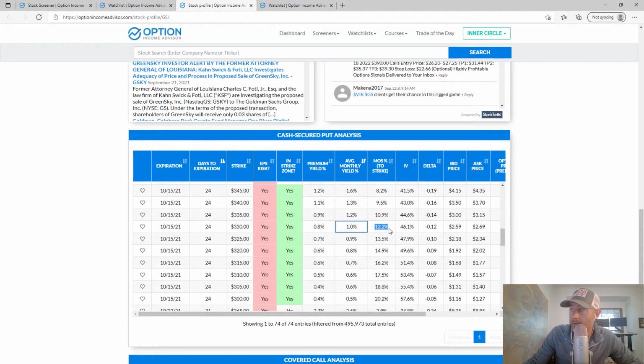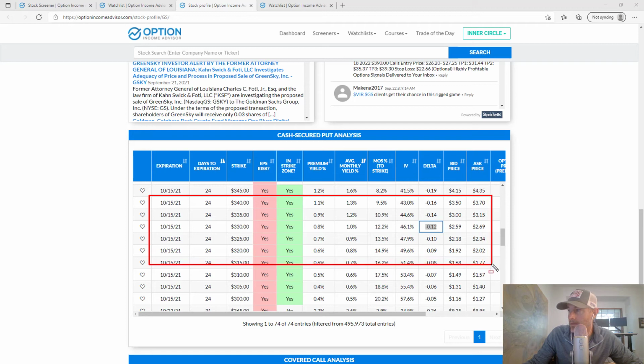And we've got a 12.2% margin of safety and a delta of 12. So I looked at it and I say, well, that delta is pretty low. I'm actually probably willing to take a little bit more risk, especially because there's other options up here. Let me just highlight these for you. All right, there's other options up here that make a little more sense, potentially just from a risk-reward standpoint, because